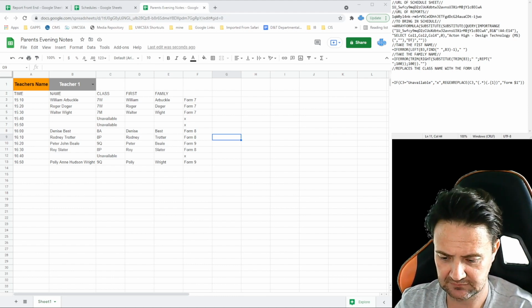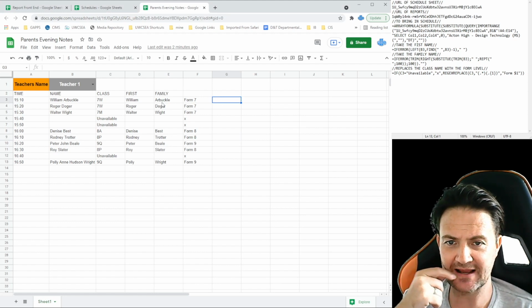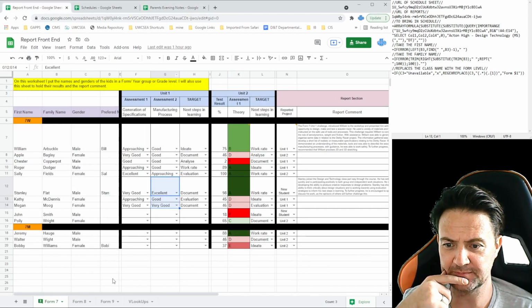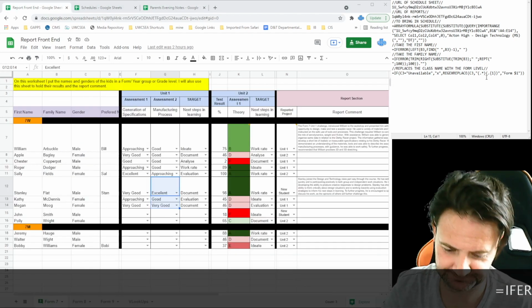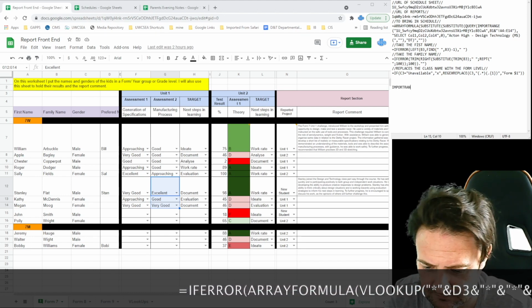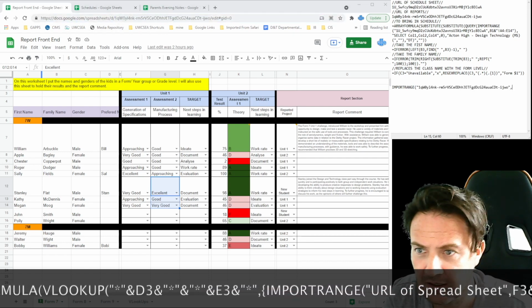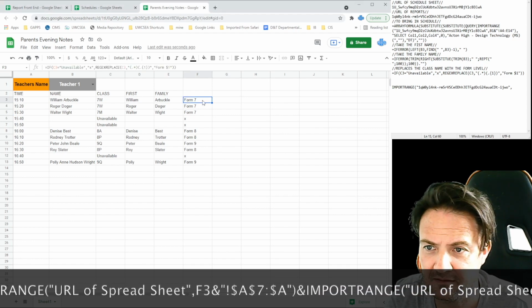Year level. So the next stage is to perform our VLOOKUP. We're going to look at this one and this one. We're going to go to this workbook and we're going to look for this sheet. So there's going to be quite a lot of pointing going on and a hell of a lot of nesting. So import range, take that URL and the value of that cell in F3,